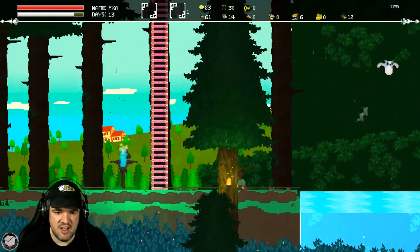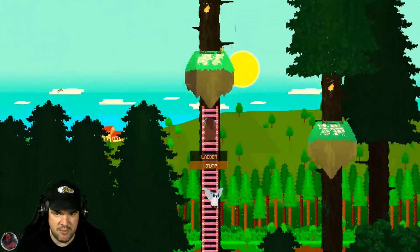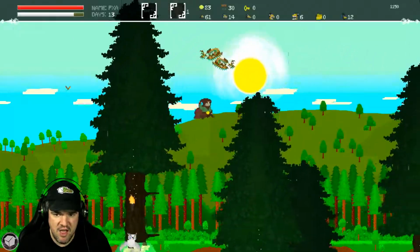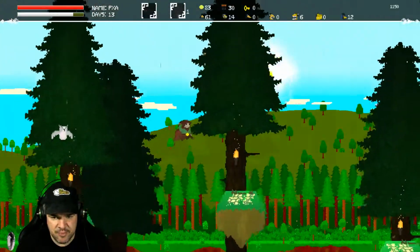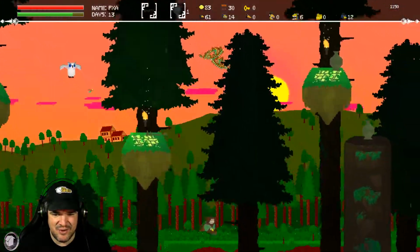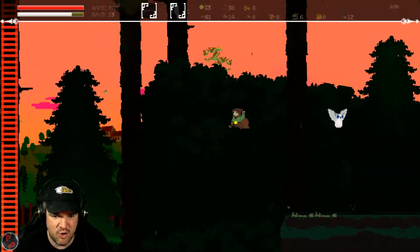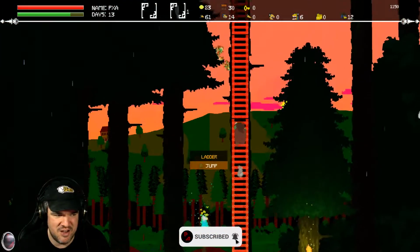Well, we're going to get to the next level quick just to see what this owl does, and then I think we'll call it at that point for this game. But I have to say, this surprised me, honestly. When I looked at the screenshots, I was kind of like, I don't know. And a lot of these games where they're handing out press codes early, even though the game has no release date yet, usually makes me go like...